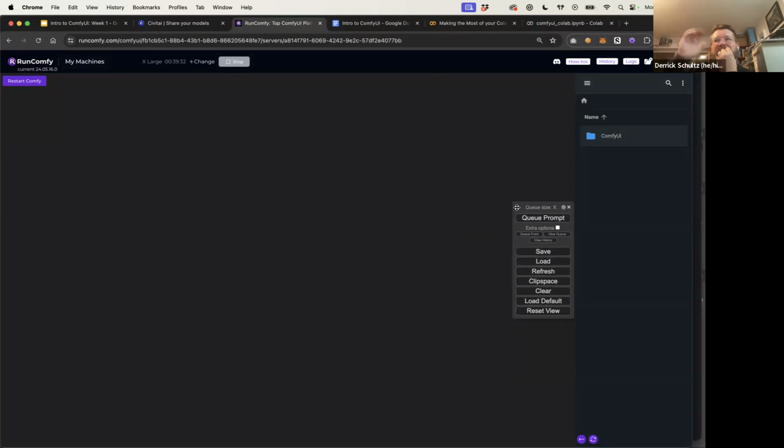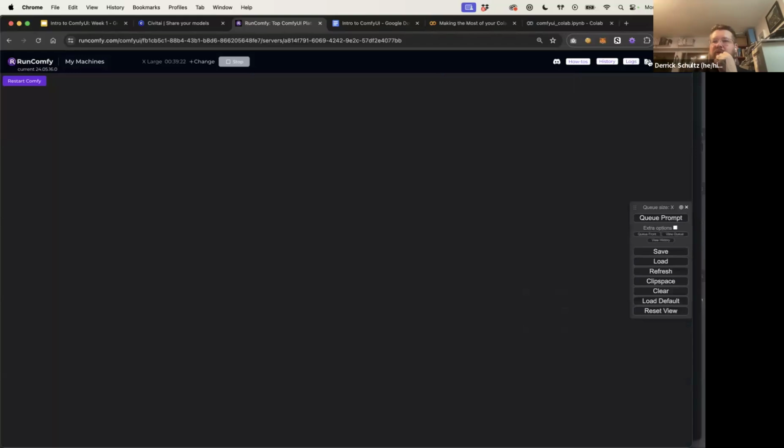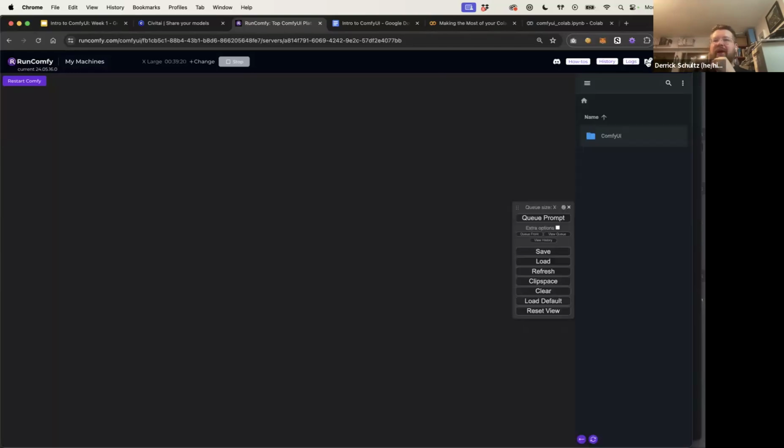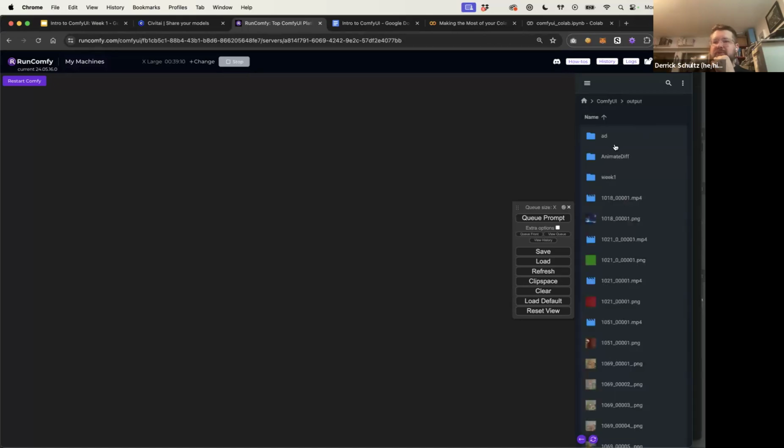Okay, well, hopefully with your machine, you can change out the model and it'll run fine. Last thing I want to mention, I know we're over time at this point, is if you want to download your images, the way to do that is, you probably have closed your folder. So if you click on the folder icon here, you'll open a folder browser that is just opened with ComfyUI. You double click into here, and you'll see there's a folder called outputs. And I saved mine into week 1.